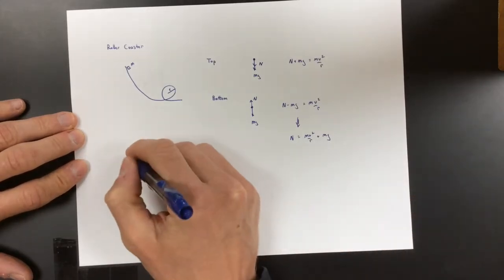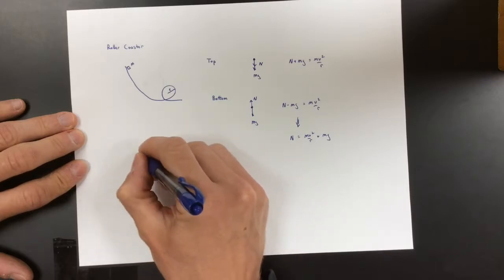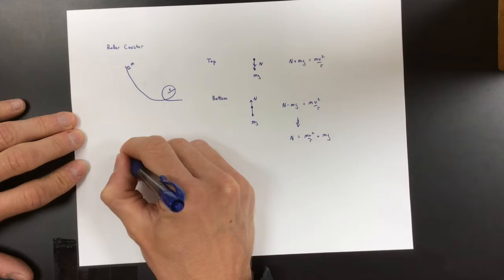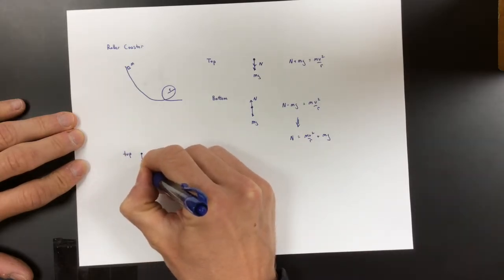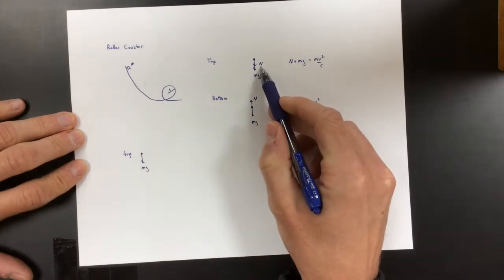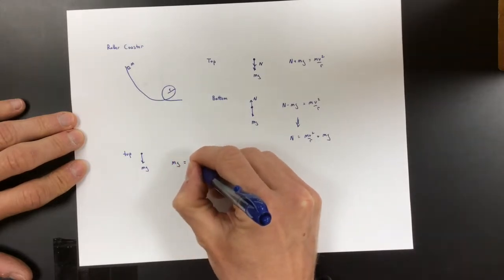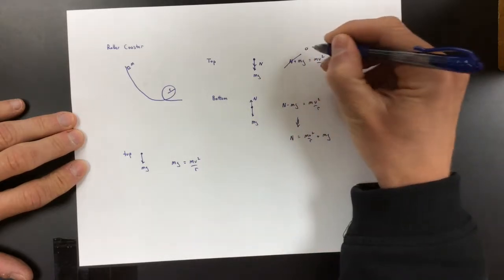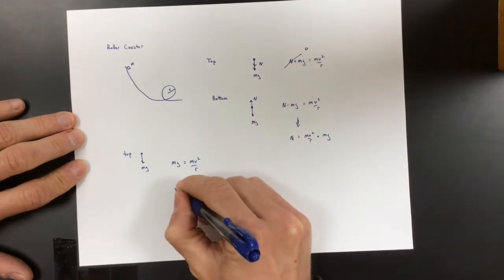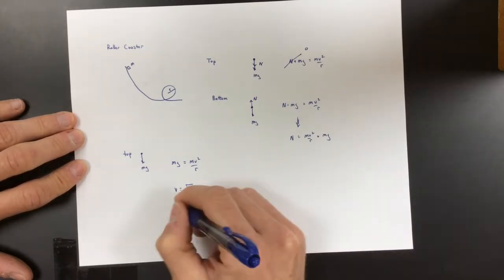Okay, if we want to find the minimum velocity in order to make it around the loop, typically we're talking about the velocity necessary at the top. We're looking at the same thing, but the minimum velocity doesn't require any help from the roller coaster itself, and so we would just say mg equals mv squared over r. Again, I'm just going up to this equation saying that N is equal to 0 at the minimum, and so then you get v equals the square root of gr,